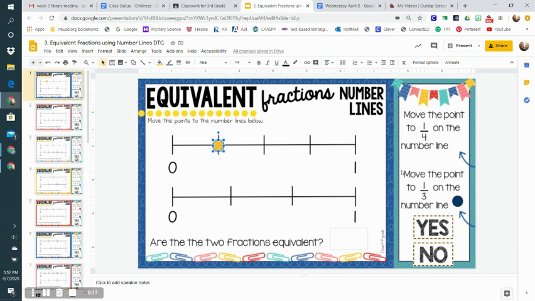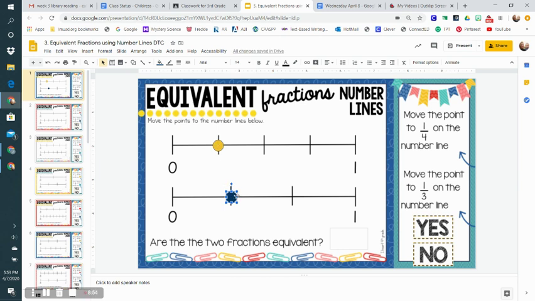And then looking at the second number line, we're going to move the point to 1/3 on the number line. So this one is similar. It starts at 0 and ends at 1, but it's not divided into 4 equal pieces here. It's divided into 3 equal pieces. It's divided into thirds. So we're going to move this dot to the first tally mark right here. That would represent 1/3. So now I'm going to compare